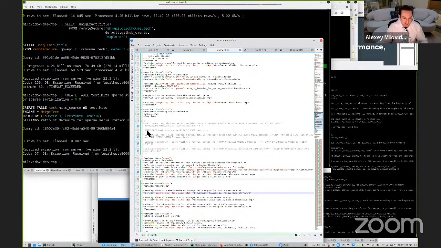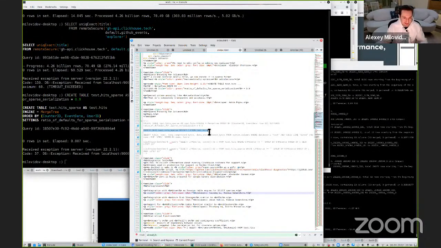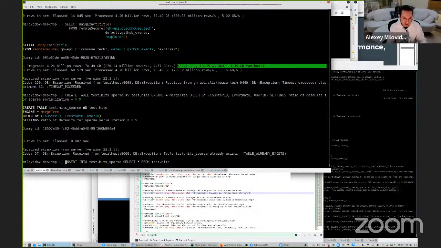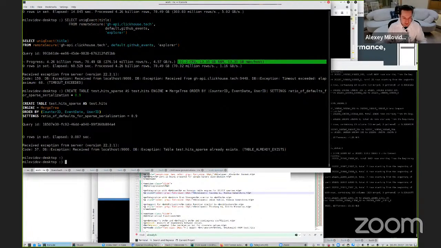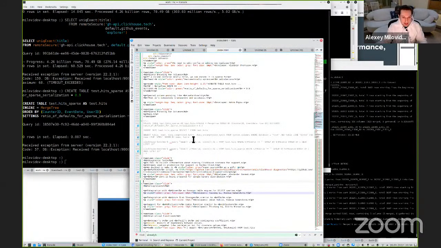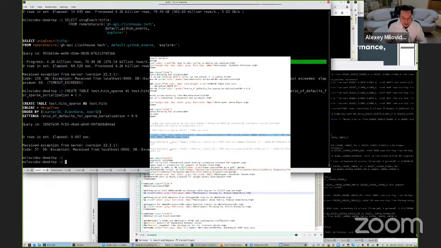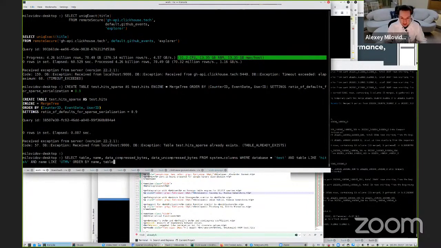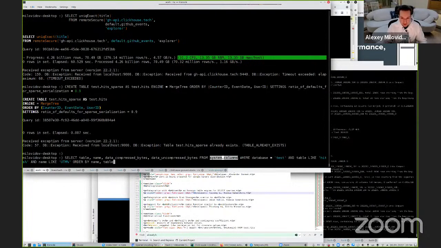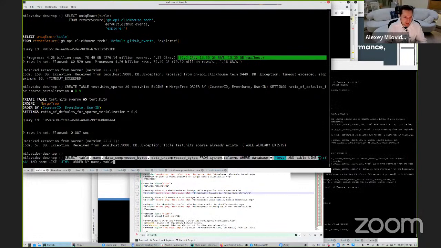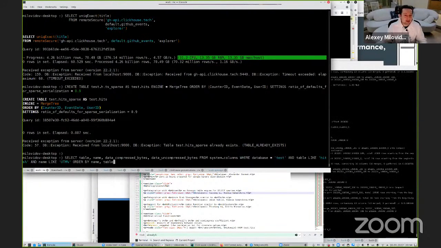I will insert some data like this, but I have the data already inserted, so I will not repeat this query. Let me check how the columns are compressed. I will select from system.columns for both tables, hits and hits_sparse.